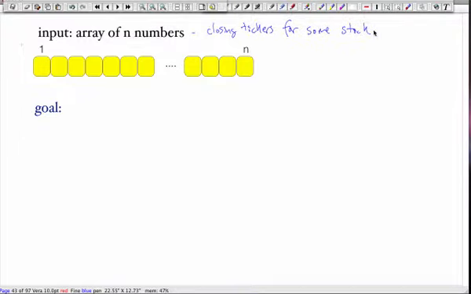And your goal is to be, in hindsight, what were the days that I should have bought and sold to make the most money? So output a pair of days, i comma j, such that we're only talking about going long. So i has to be less than j. So you bought it on day i, you sold it on day j, and you're trying to maximize